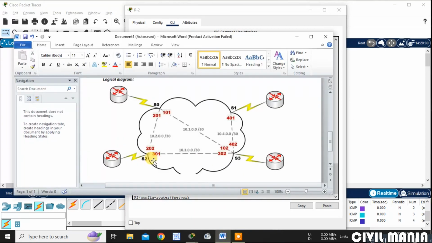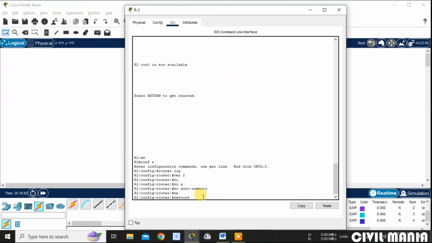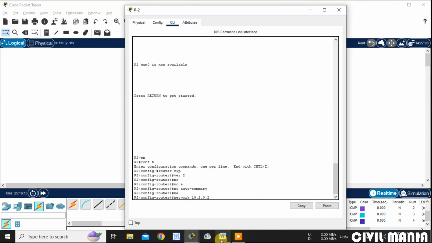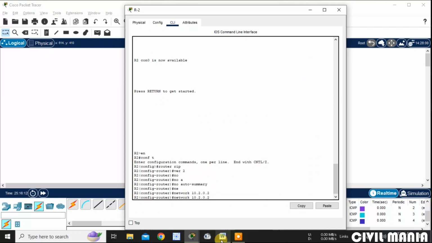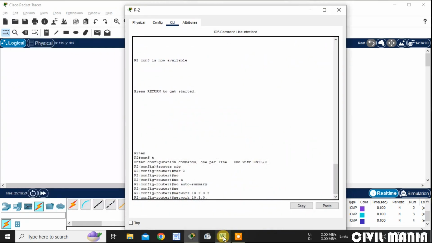What is the network? 202 and 301, that is 10.2.0.2 and 10.3.0.1.